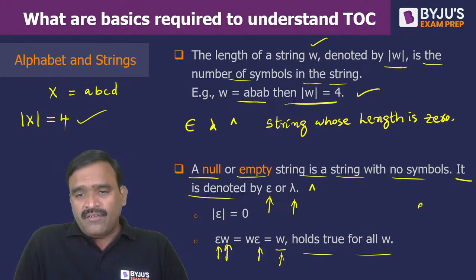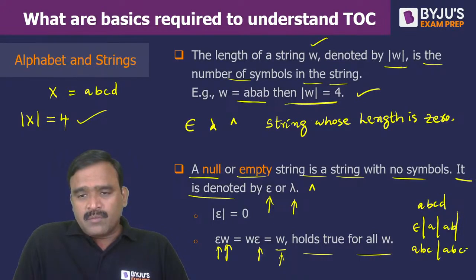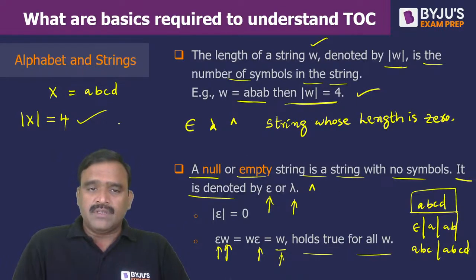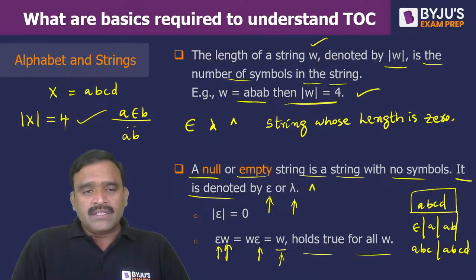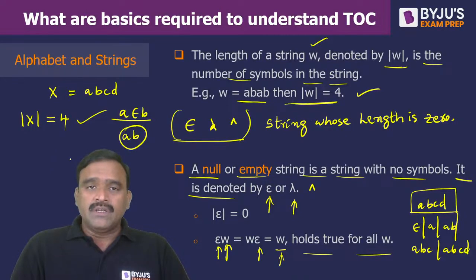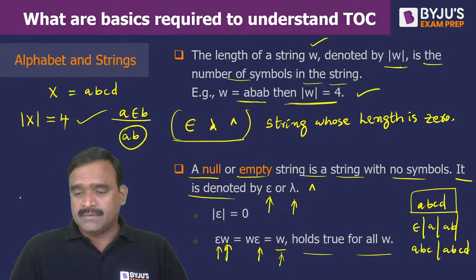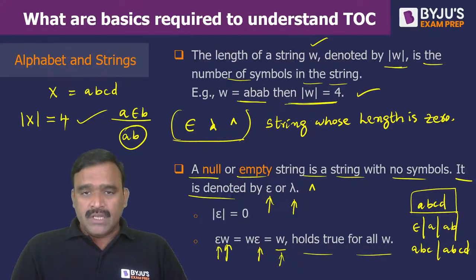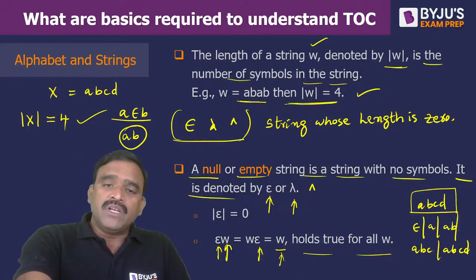So simple. For example, if ABCD is a string, then epsilon is a prefix, A is a prefix, AB is a prefix, ABC is a prefix, and ABCD, these are all prefixes. And epsilon can be either preceded by the symbol or succeeded by the symbol. If you write something like A epsilon B, in the concatenation we can write it as AB. Okay, so the null string has its own importance in the theory of computation, theoretically to prove certain things. But finally, we don't implement the null strings, and we will remove those null strings in appropriate places, and we will implement the machines.